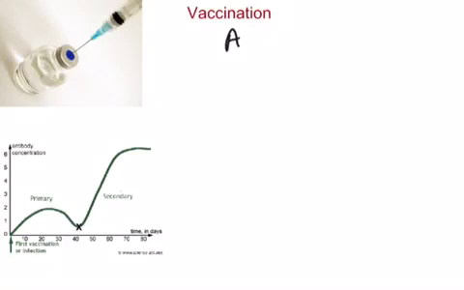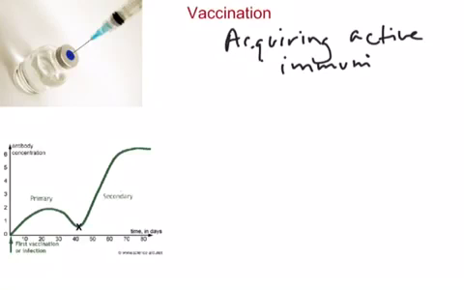So it's about acquiring active immunity through an artificial introduction of the antigen into the body. The major different kinds of vaccines are as follows. You could have a vaccine that's called an attenuated vaccine,